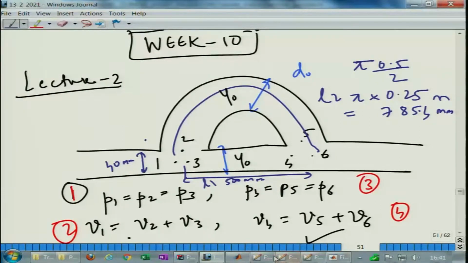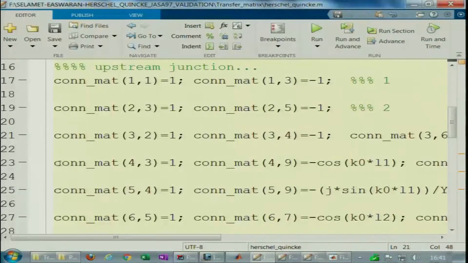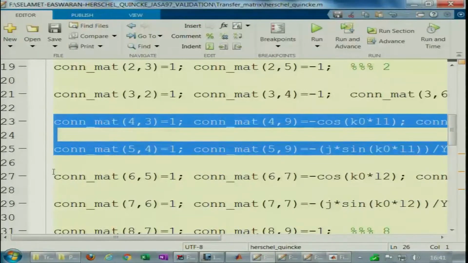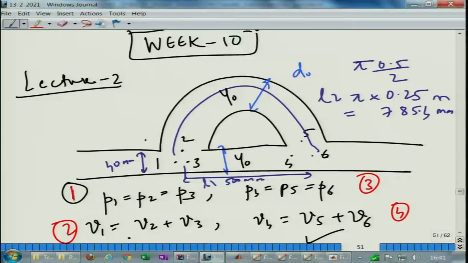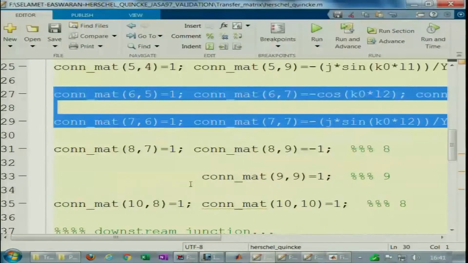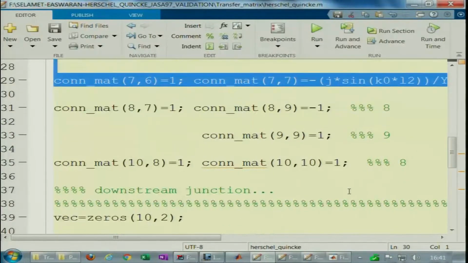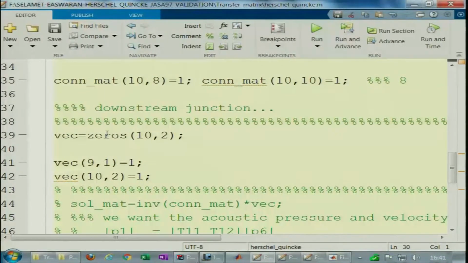and then this is the relation between your variables from 2 to 5, the tubular element. So, let us go back to the code. That is what we have done in rows 4 and 5, and similarly rows 6 and 7 we have related things for the straight element, okay, and then your junction loss P4 is equal to P5, now P5 is equal to P6, we can easily get that, and this is your mass velocity V4 plus V5 is equal to V6. And similarly the vector B will be initialized as a 10 cross 2 system with zeros, but only a couple of entries in this case will be non-zero, and that will be P4 is equal to P6 and V4 plus V5 is equal to V6.